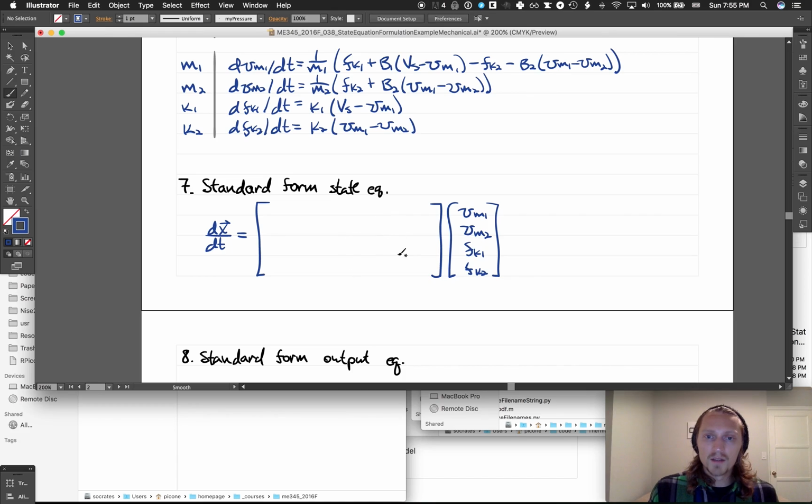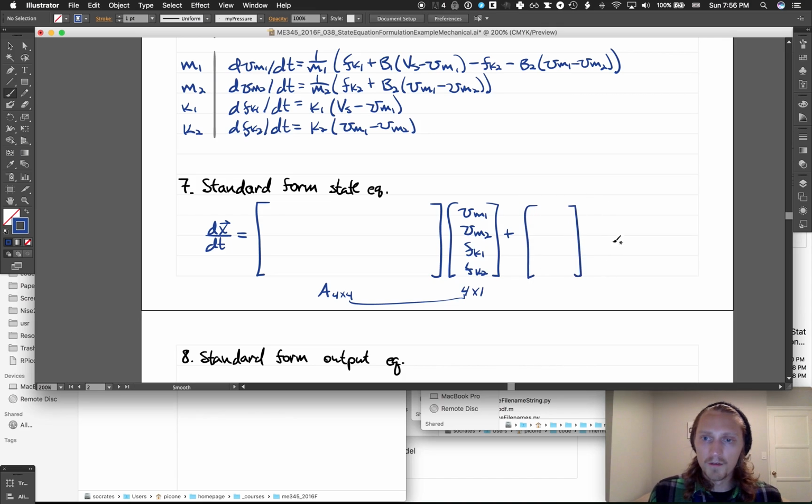So this is our A matrix, which has to be a 4 by 4 matrix, because this side of the equation is a 4 by 1 column vector. This side has some sort of matrix times a 4 by 1, which gives you a 4 by 1. The inner dimensions collapse, and we get a 4 by 1 vector coming out. And finally, our B matrix